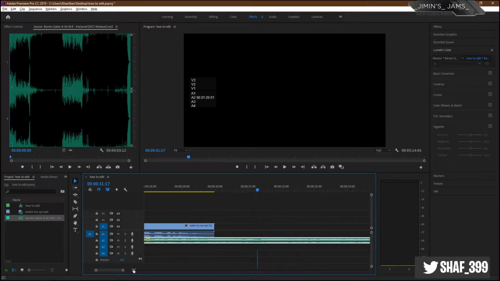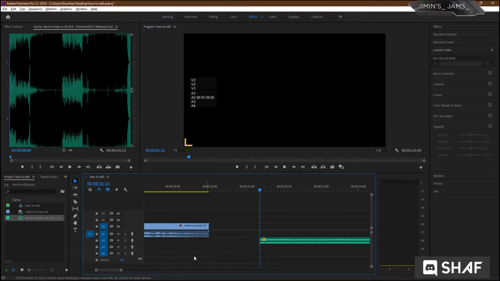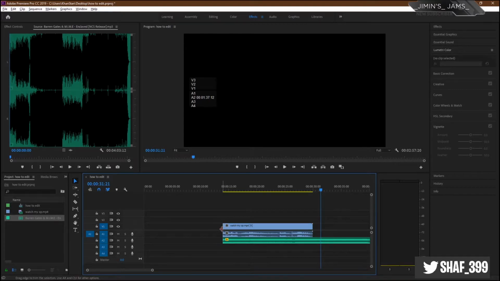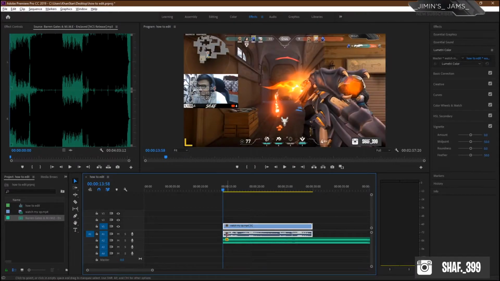If you make it even shorter, you can see there is a beat right here. There is a small column right here, and the beat is hit here. So exactly like the video, where the beat is and where the song is, just cut right here and press V, select it, and drag this and match this corner. Premiere Pro will help you match it. So we have successfully matched where we got the kill and where the beat is at this point.